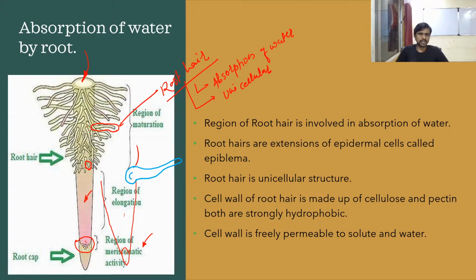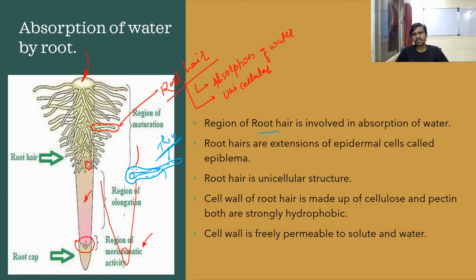A root hair cell is like this. Here is a nucleus and the vacuole, which occupies most of the cell, and the remaining portion is absorptive in nature. The cell wall is very thin, otherwise the movement of water and the many things responsible for the function of the cell would be harmed. So let's see the properties of this root hair cell.